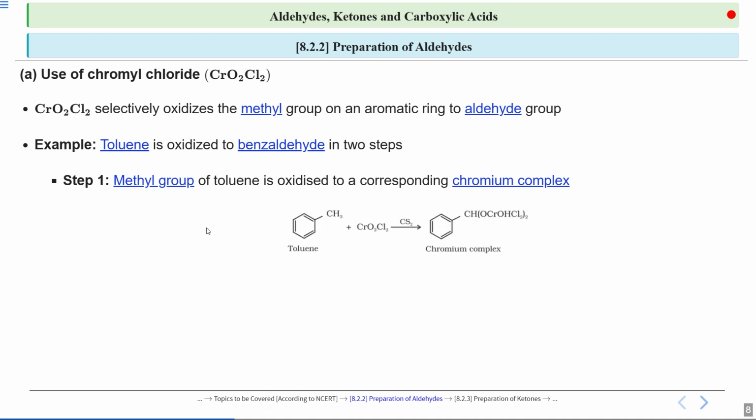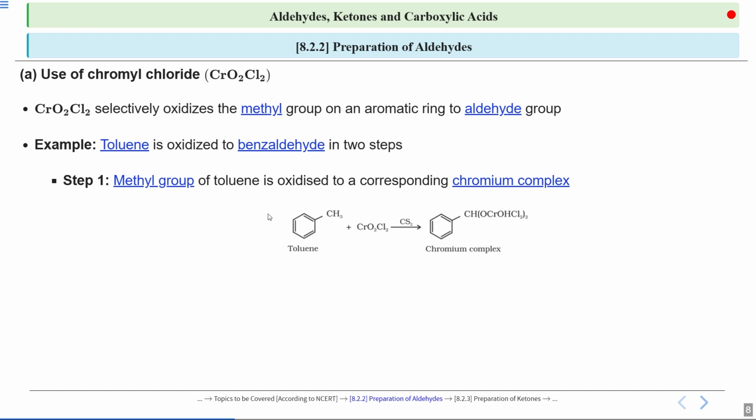Now look at this particular reaction. This is toluene, that is, to this benzene ring a CH3 group is attached. When you use chromyl chloride, that is CrO2Cl2, in the presence of CS2, which is a non-polar solvent. So what is the use of this CS2? It dissolves chromyl chloride and the organic substrate, which facilitates the formation of an intermediate. Since CS2 is non-reactive, it does not interfere with the reaction